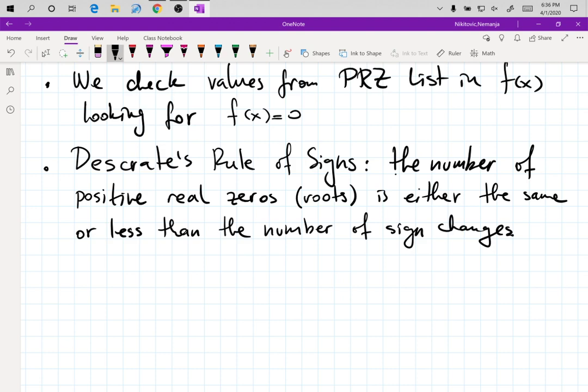If you had 3 sign changes, then the number of positive roots is going to be either 0 or 1 or 2 or 3, right? Because you are allowed to have the same or less. So if you come up with 3 sign changes, then you have 3 or less positive real